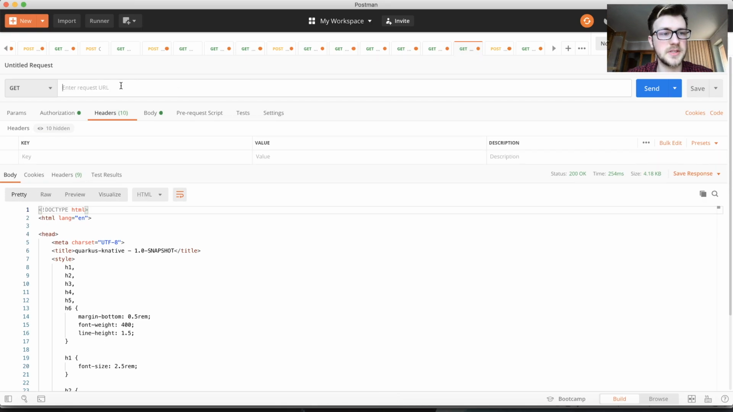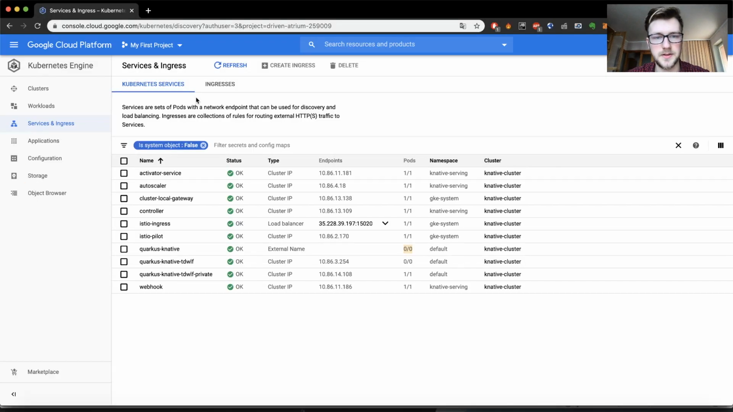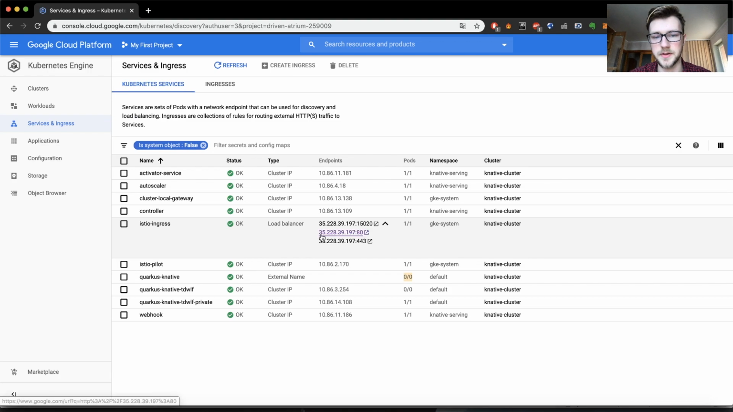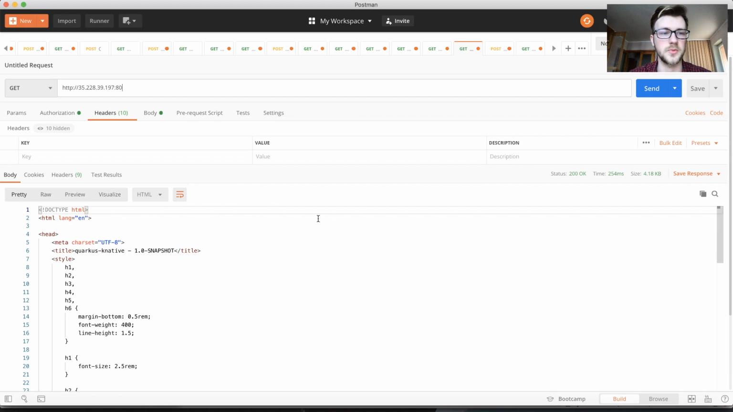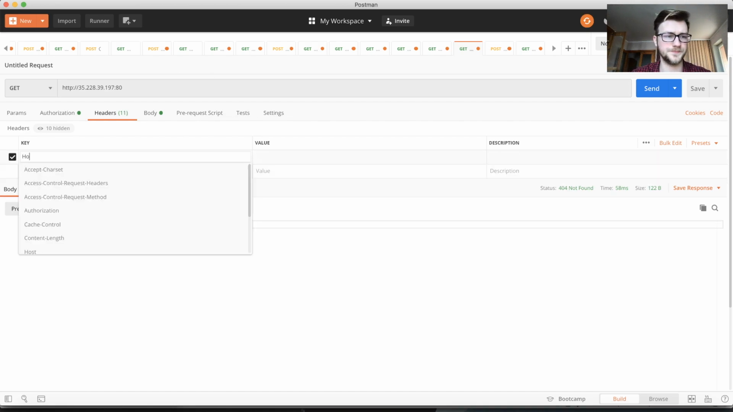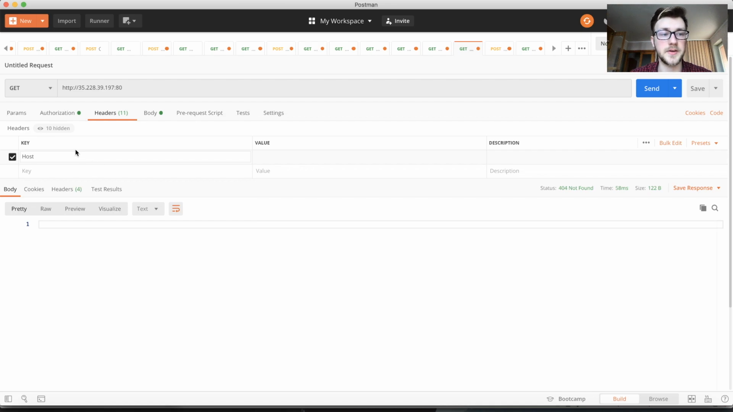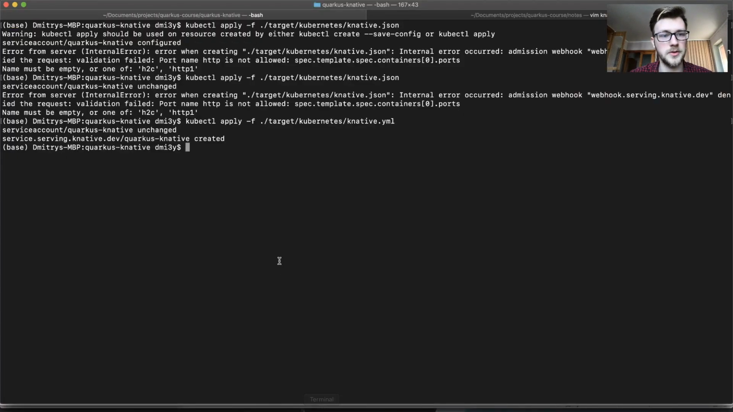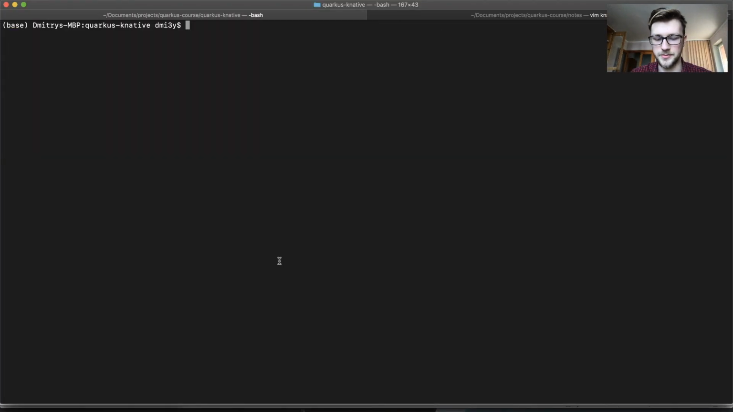So let's go to Postman and specify our address like this. The port should be 80, and you can see port 80 here as well. So if you need to, you can copy this one here. This won't give you much. You will see that it's 404 not found, and this is expected because you need to specify the host in the header. So the value you can query by a specific